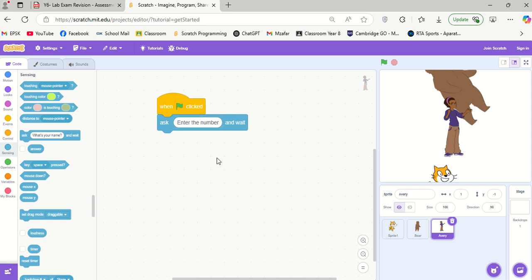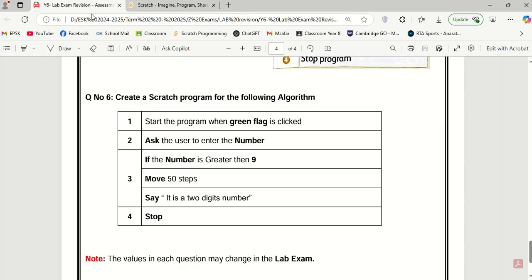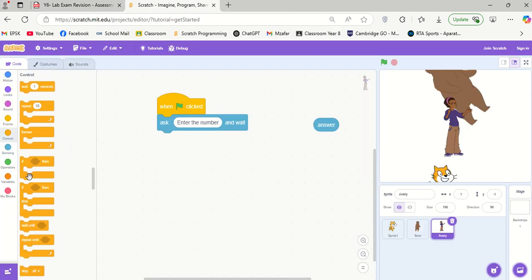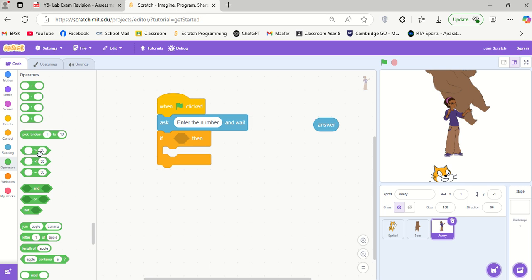Okay, now once you enter the number comes directly here in this answer. Then if the number is greater than 9, so go to control block, bring if statement. If the number is greater, now here in the operator block you will have an option greater. So if the number is greater than 9, so what should you do? I am saying if the number is greater than 9, then